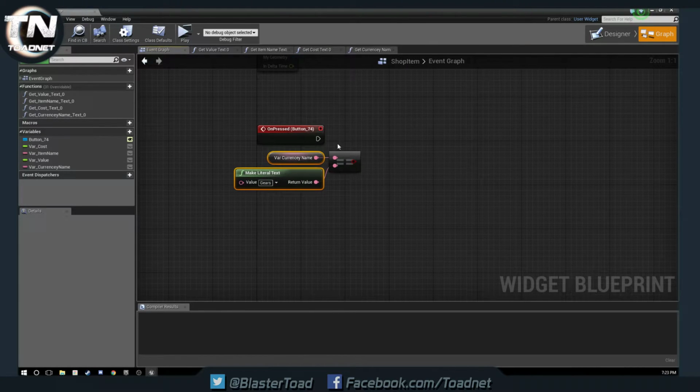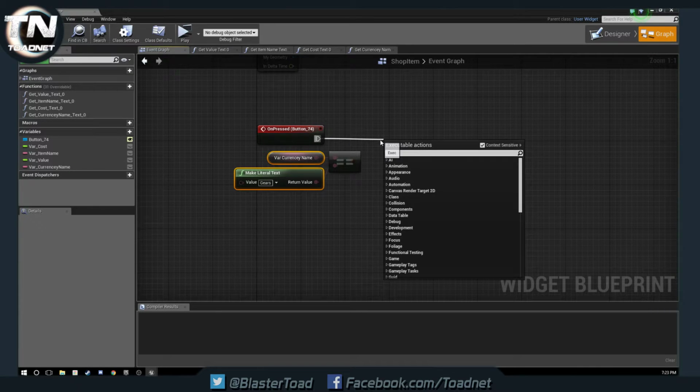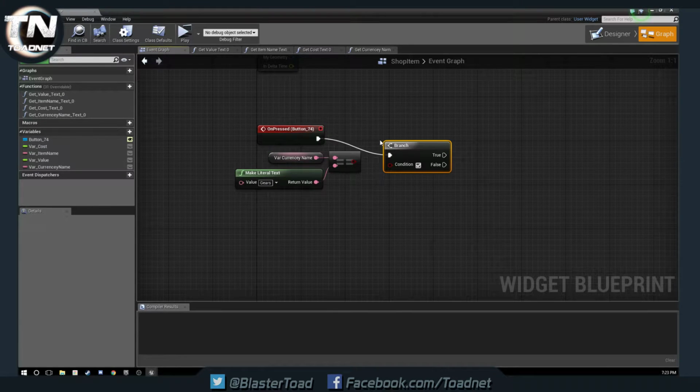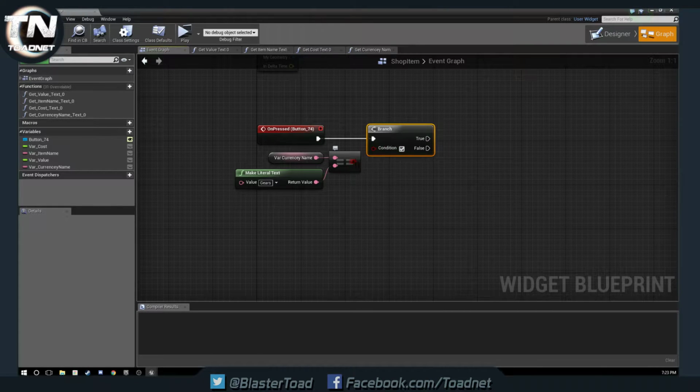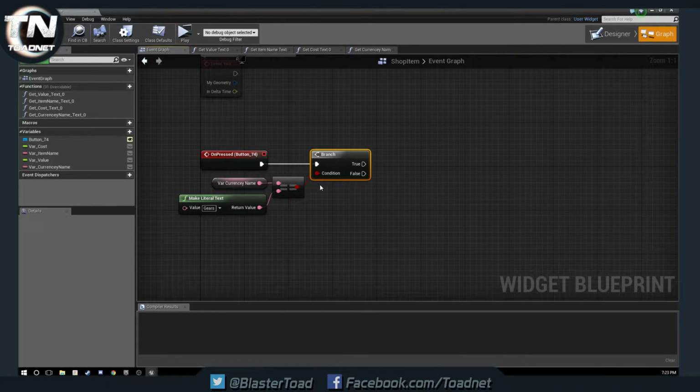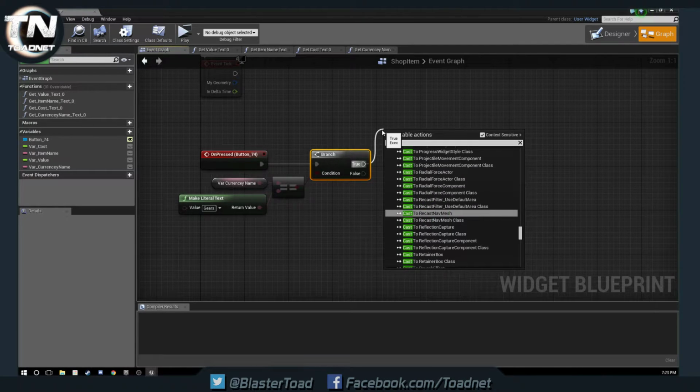I'm going to straighten up our connection, and then we're going to come off and do a branch. There we go. So, if currency equals Gears is true, then we're buying things with gears. If it is false, we're going to be buying things with oil, because those are the only two stats we have. So if true, we are going to cast to